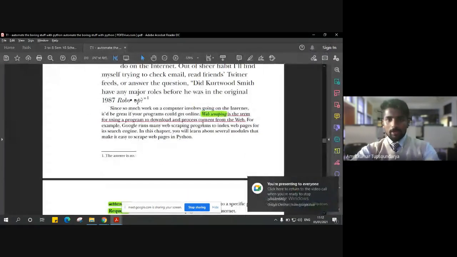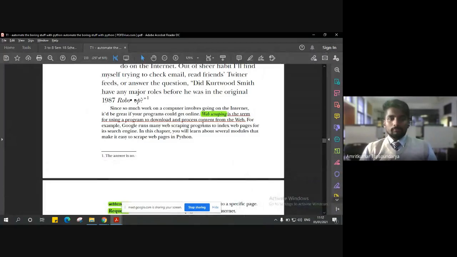Web scraping is basically a term for using a program to download and process content from the web. There are many advantages of web scraping. It can be used to detect some specific text, maybe for text monitoring.